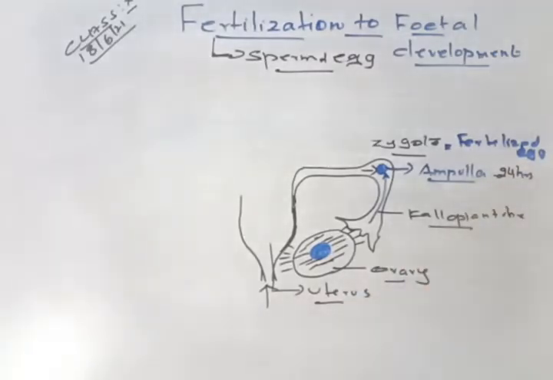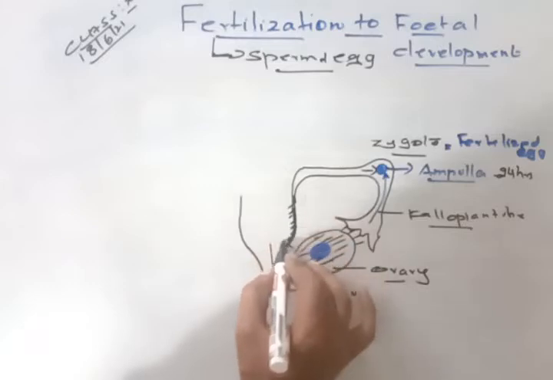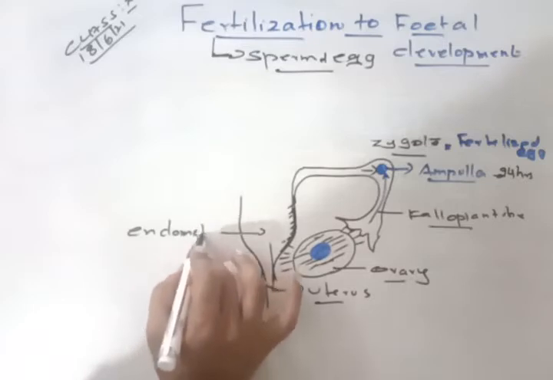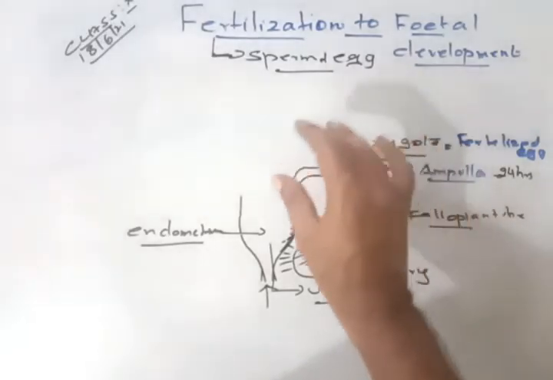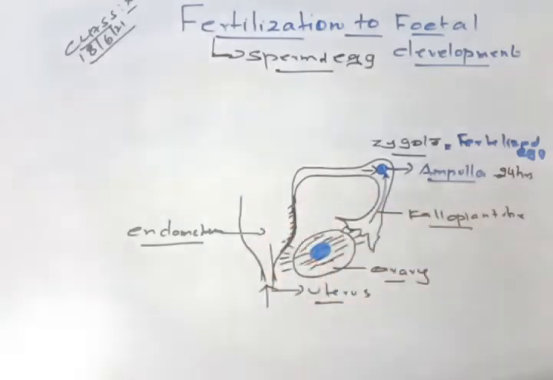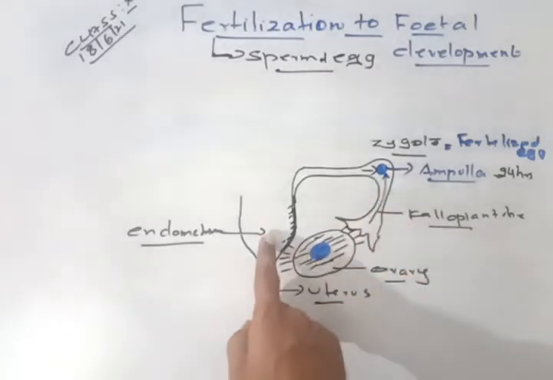Now, this fertilized egg should come to the uterus. The uterus is lined with a lining called the endometrium. This is the lining of the uterus, the endometrium. So this fertilized egg should come into this tract and go and settle down in the endometrium till the entire pregnancy period. Now, when this fertilized egg is coming here,